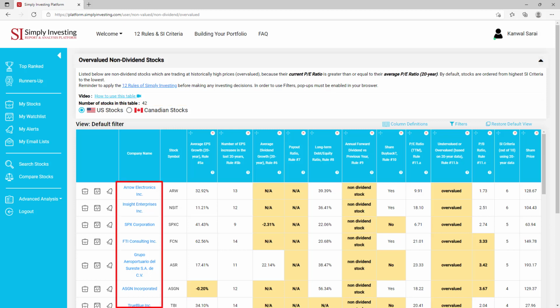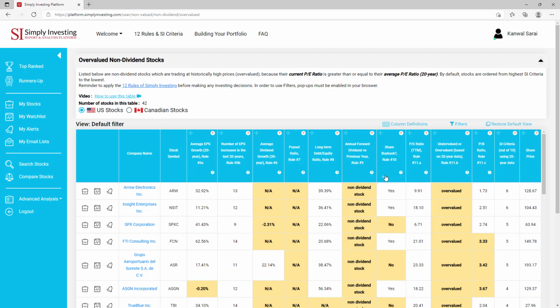On any stock table on this site, you can always click on a company name to see the company's stock data page. On that page, you will find more details about the stock, a company description, see the stock graph, and view the company's historical data. The question marks located here will show you the rule definition for each of the SI criteria. And any value that fails a rule will be shown in bold, and its cell will also be highlighted.